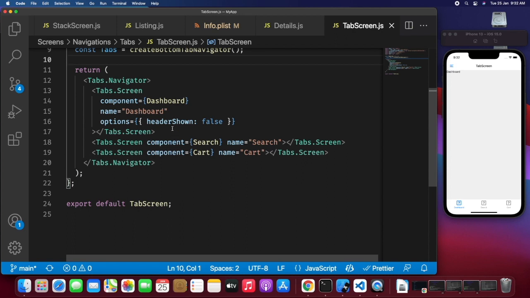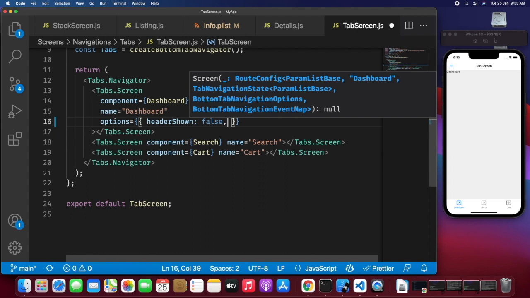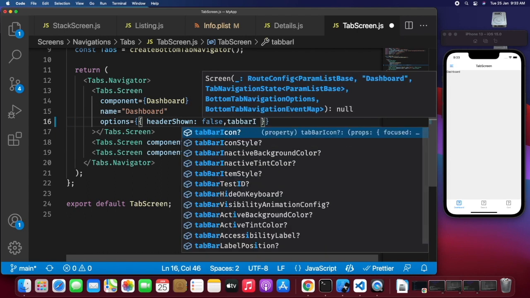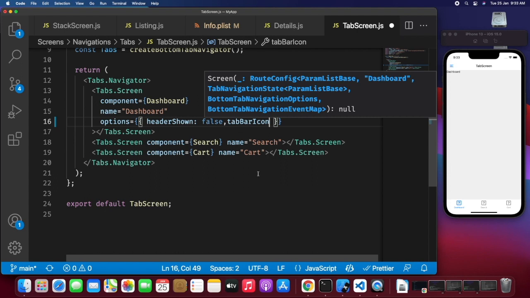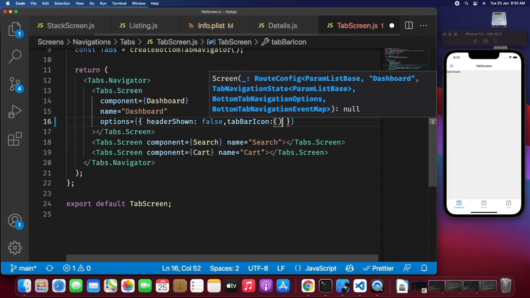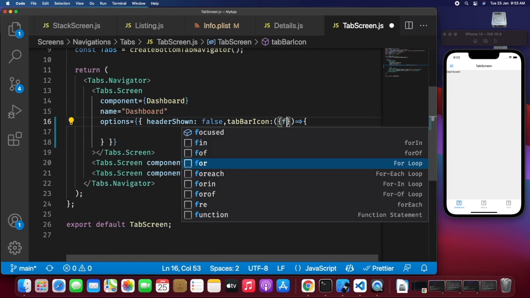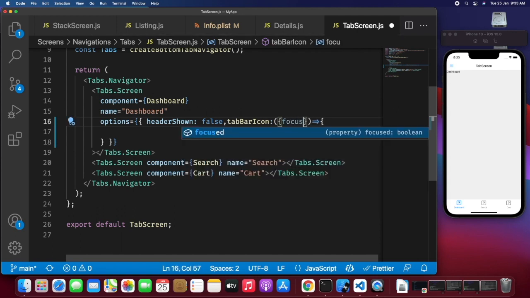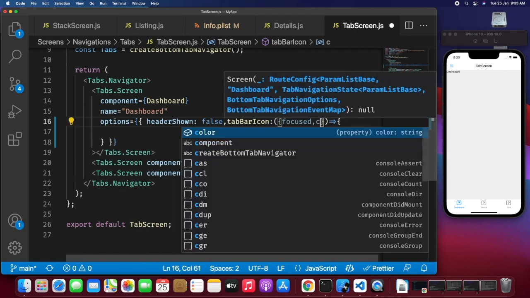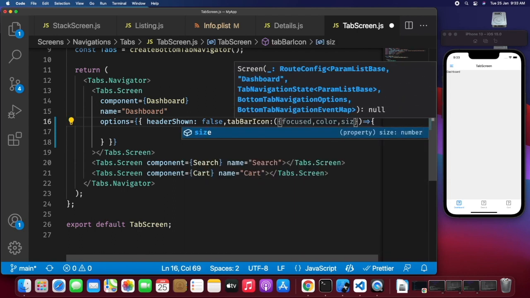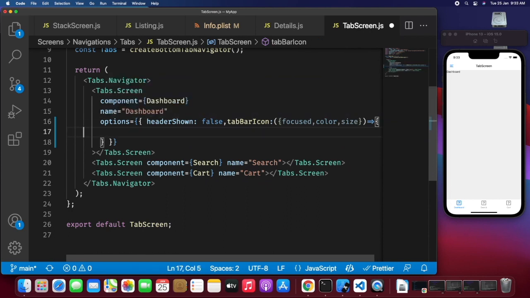So inside the options we have the provision to give the tab bar icon. So let's add tab bar icon, and we have a few things that we know, whether it is an active item or not. So that is actually the focused, and the color, then the size. Okay, so here we can return the icon,